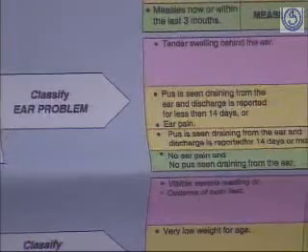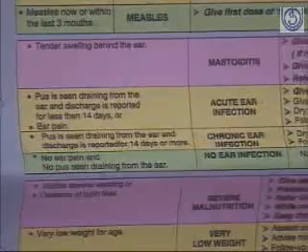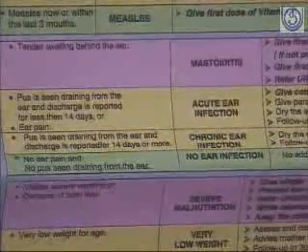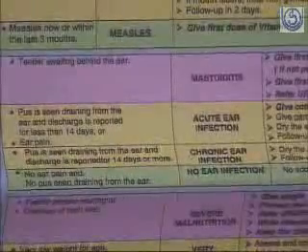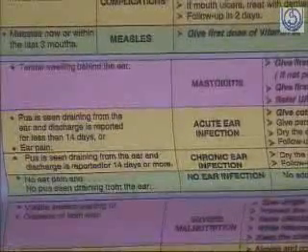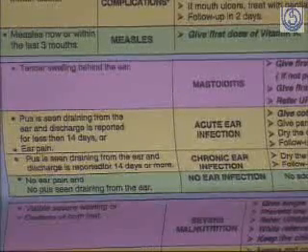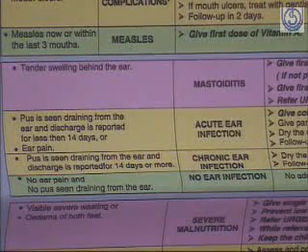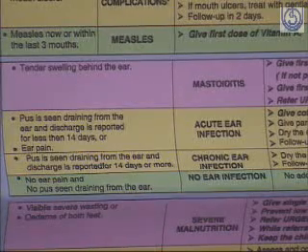Look, you have to look for pus draining from the ear, and you have to look and also feel for tender swelling behind the ear. This is how you assess, and then you can classify this ear problem. Classification is very simple. We always start classifying from the pink row, that is, we try to find out the severest form first. So if a tender swelling behind the ear is present, the classification is mastoiditis, which is a